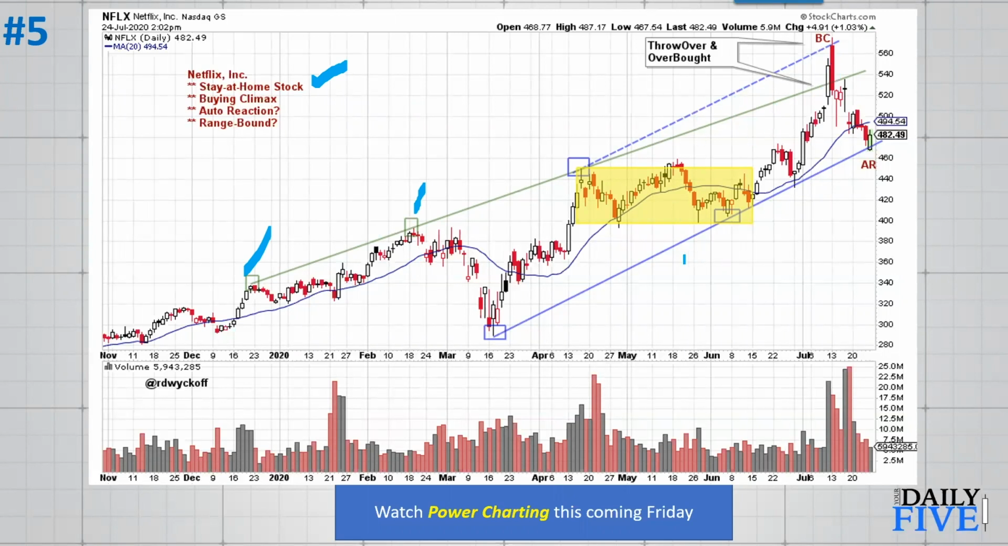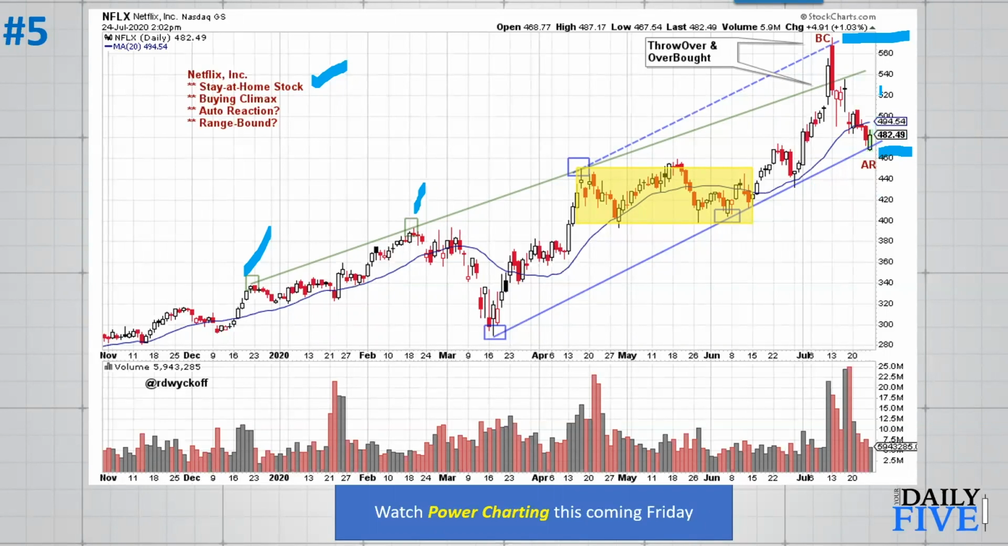And then also there's a steeper trend line with points here and here. And this one produces a buying climax, overbought condition. And then look at the reaction that we have gotten. This reaction has gone all the way back down to this normal use of trend lines. We're calling this an automatic reaction, and we are thinking that this is a range-bound condition, but we will watch